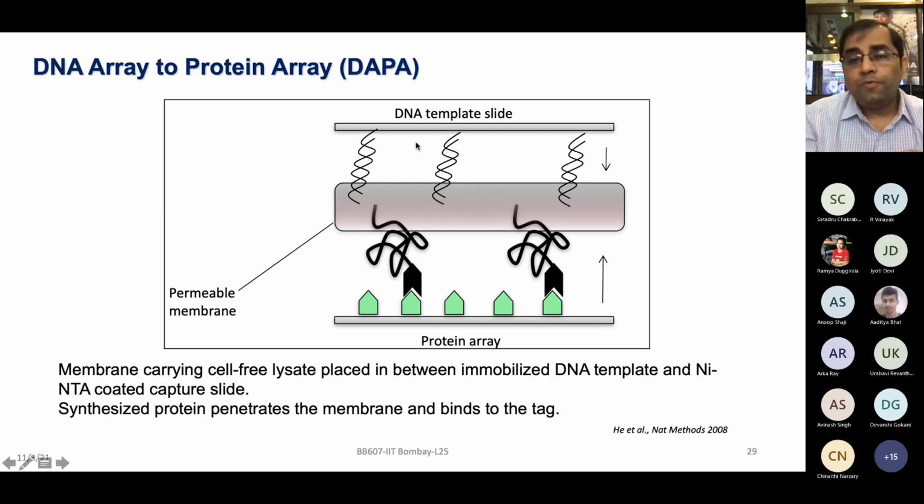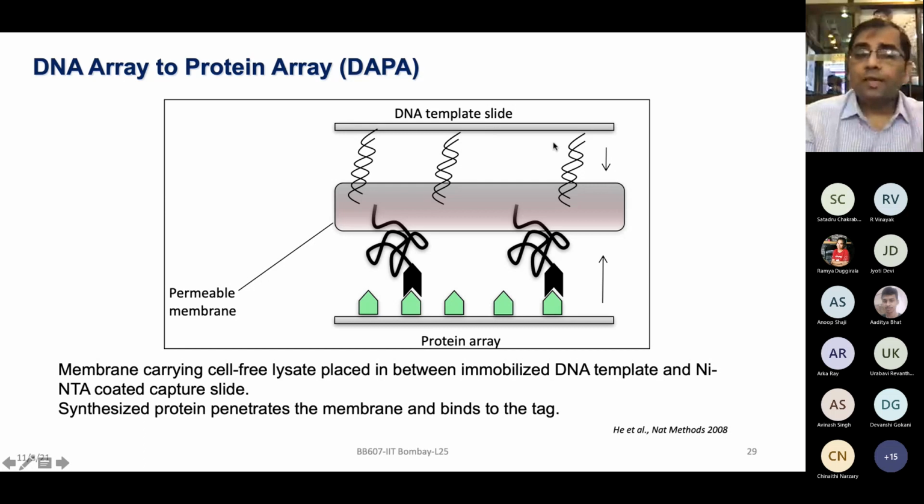Can you first make the DNA template slide, and then you add the IVT mix, which will convert the DNA to the protein form? And so the DNA will change to RNA, RNA will change to protein. That is entirely happening with the IVT mix. That was developed already for protein purification based work, for difficult to purify proteins, especially membrane proteins, with the crystallographers who try to purify some of the complex proteins. That idea was taken for all these cell-free expression based arrays: can we take that IVT mix and take the DNA templates and make the proteins directly on the chip?